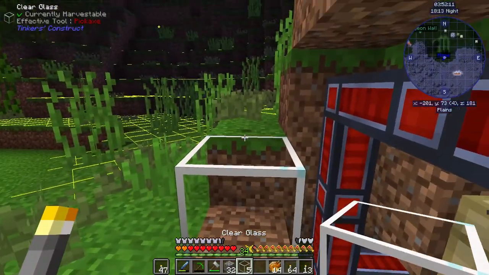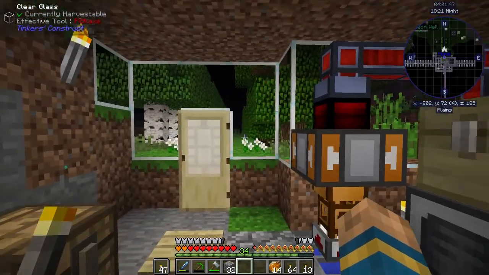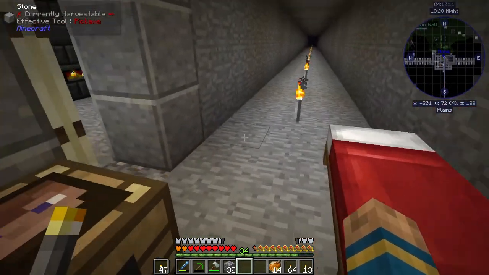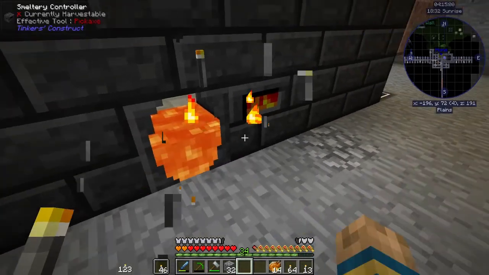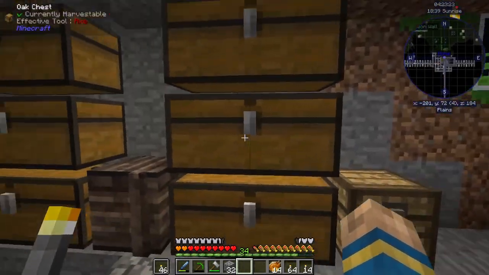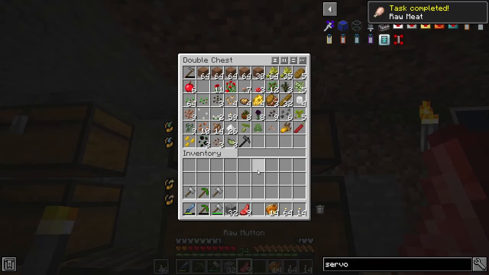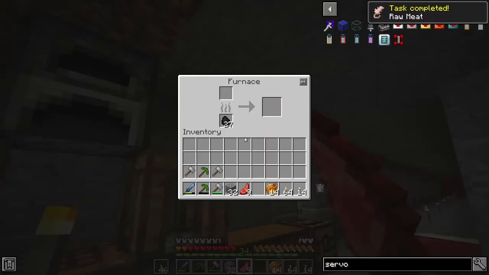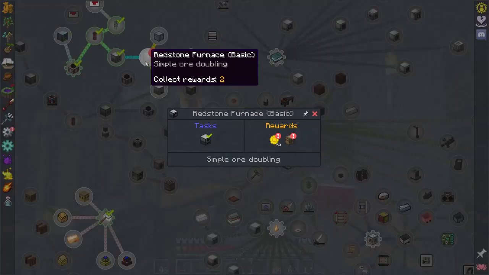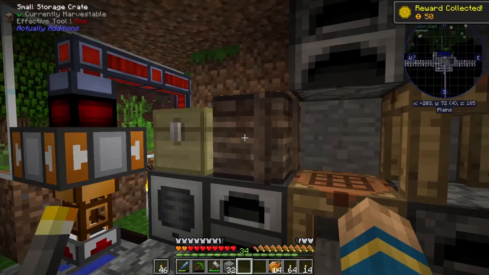Thankfully, they don't break like regular glass. That's another thing. I like the connected textures and that they don't break like other glass. So cool. We can see around this thing. Yay. Okay. It's nighttime. One of the other things I wanted to do now that we've got this fully automated is look for... If we cook the mutton, we could make leather out of it, right? Let's cook it. Redstone furnace. Cha-ching. Electrical steel. Beautiful. That's 8 less electrical steel I have to...